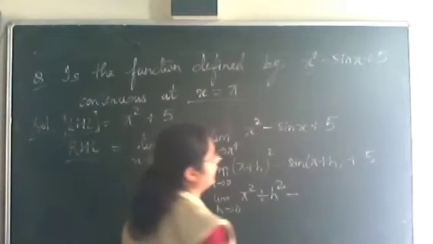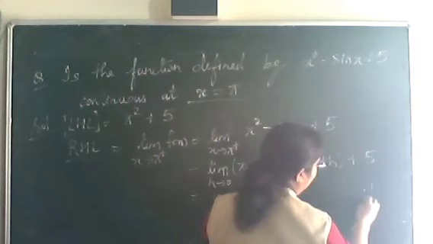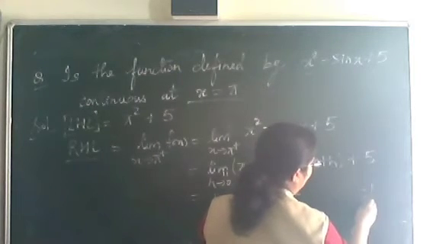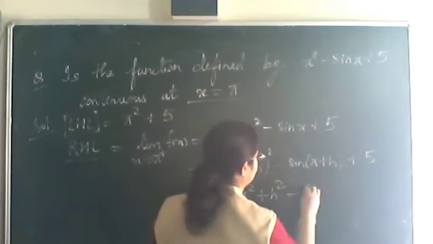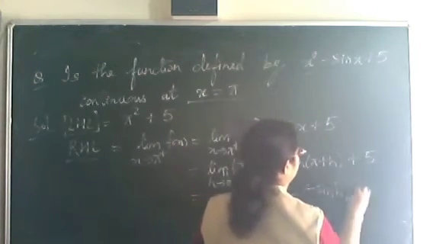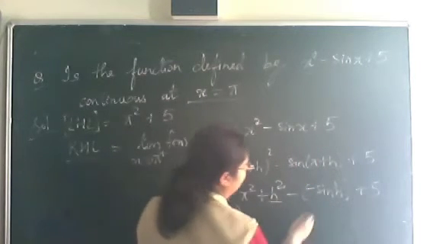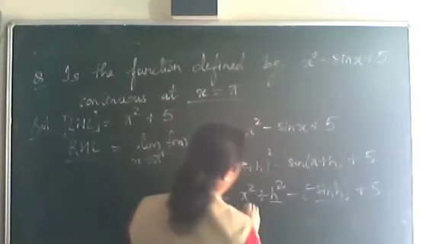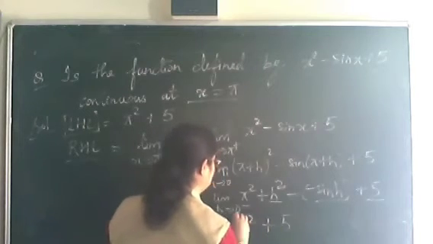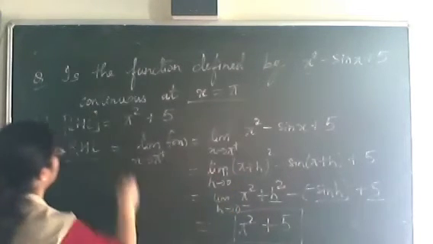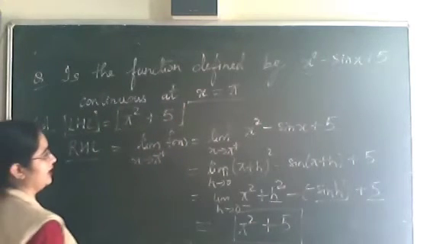now just see sine 180 plus theta. What is sine 180 plus theta? 180 minus theta is the second quadrant, 180 plus theta is the third quadrant. So it will be minus sine theta. So minus times minus sine h plus 5. Now I'm putting the value h is equal to 0 directly. The sine h term, sine 0, will be 0. What are we left with? Pi square and 5. So we'll get pi square plus 5. This was our RHL. Clear? Now our LHL and RHL are the same.